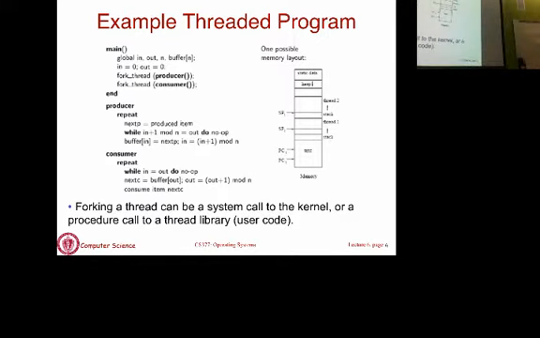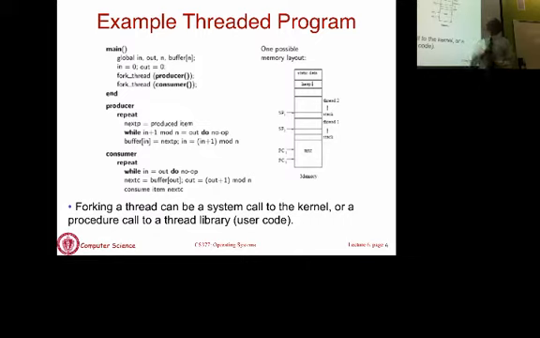Okay? If you have a single producer, single consumer, you're going to have one thread executing the producer function, another thread executing the consumer function. These will run concurrently. If you have a multi-core system, they will actually run in parallel. Thread 1 will run on core 1 and thread 2 might run on core 2. But even otherwise, you will have these two threads executing concurrently. They may get scheduled one after another or in whatever order the scheduler wishes to schedule.